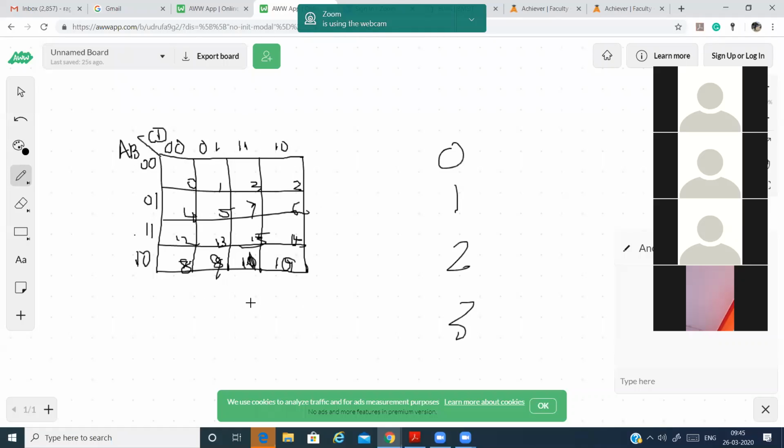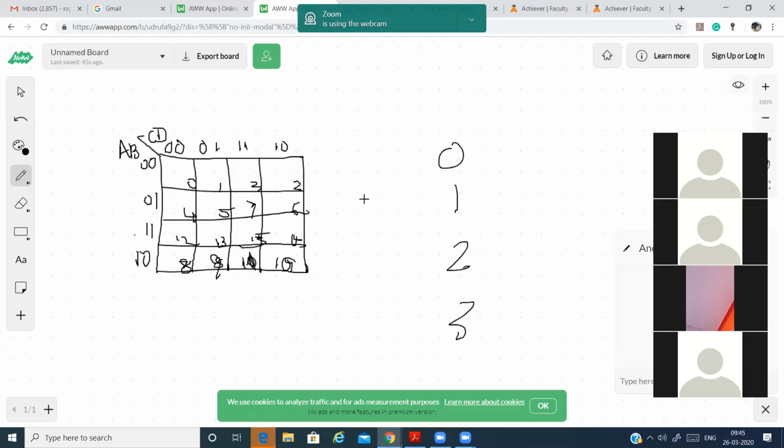So we are taking 16 boxes here in the table we have drawn, since there are 4 variables. You know that 4 variables means how many combinations we might get? Totally 16 combinations, starting from 0. Even 0 we are counting, that's why 0 to 15. So the total number is 16, but starting from 0 to 15.